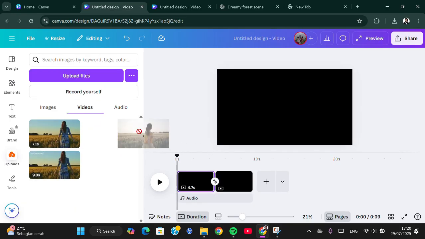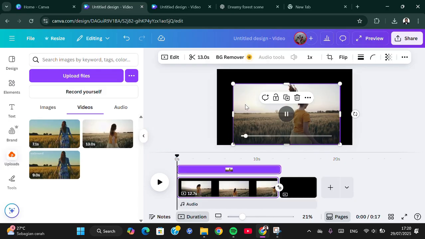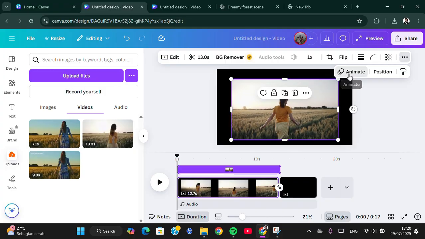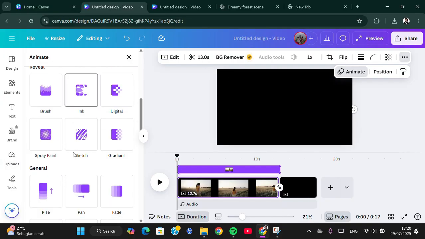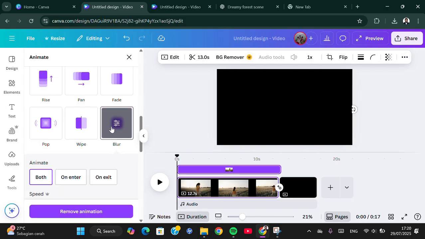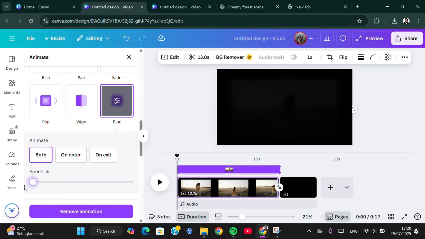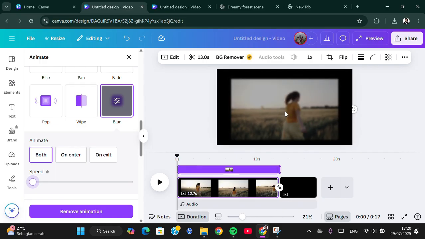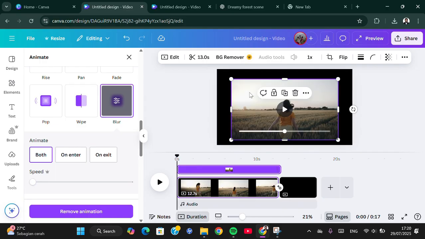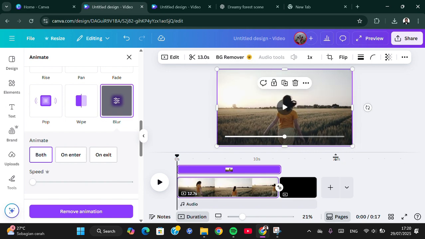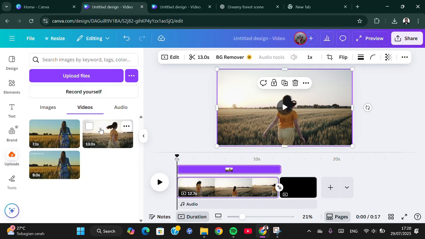Okay, for the first video, I'm going to add this video and then we're going to apply animation. You're going to select animate and you're going to choose blur animation and select both, and then you can reduce the speed. Okay, and then wait, I'm going to make it full. I'm going to fit the screen like this, and then for the second video I'm going to add this video